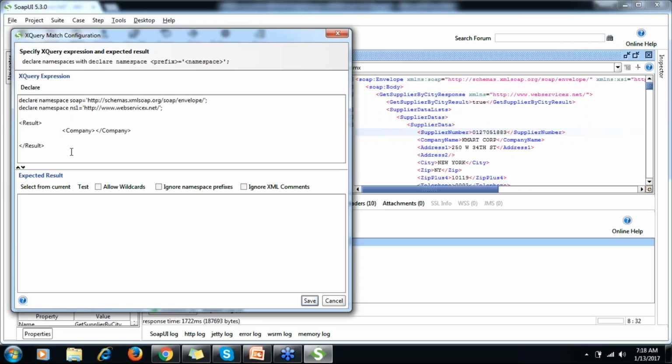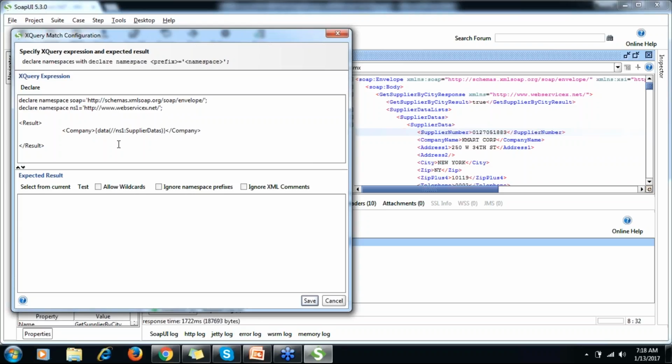Now you have to put a curly bracket, and then you need to put data, and inside this data you have to put your XPath, using the double forward slash for relative XPath. I want supplier datas.